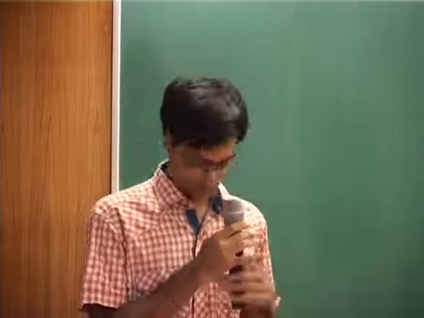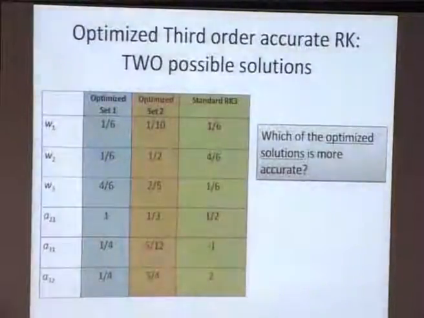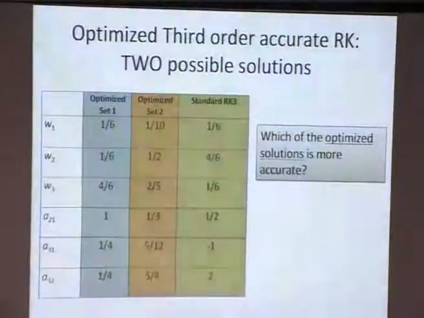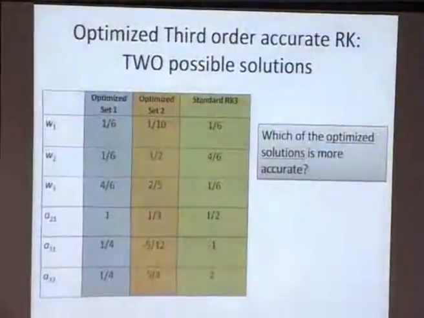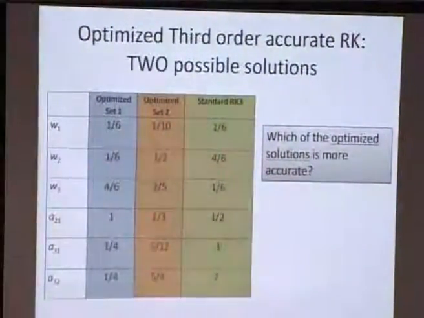Okay. Good morning, everyone. I'd like to go through a summary of my key observations during the solution of assignment 1. Firstly, when you solve the set of equations, you get 4 equations from equating the orders of h, h square, and h cube, and you have 6 unknowns, which are on the left panel, W1 to W3 and A21, A31, and A32, and therefore the system is not closed. To uniquely solve for all these unknowns, we require 2 more equations. So these 2 equations were obtained from optimizing the truncation error.